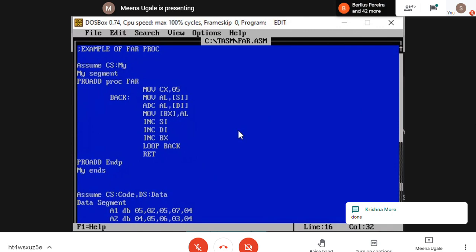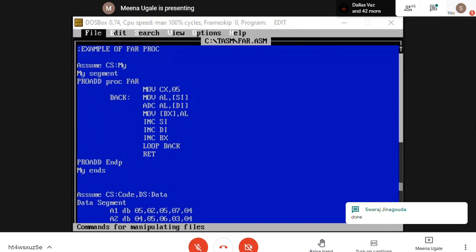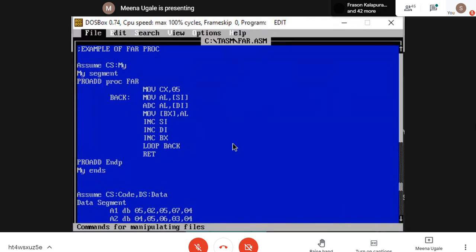I'm getting some replies from students, but the rest also completed. Yes, Yash, Anurag, Krishna, Manish, very good. It's quite easy. Actually, this is not a very complex procedure as you have studied the functions already. Okay, so that was the example for your near procedure.